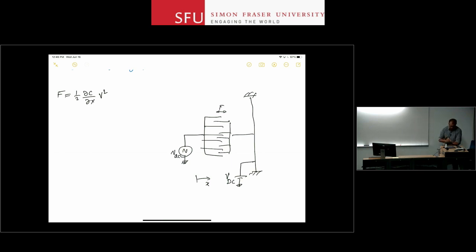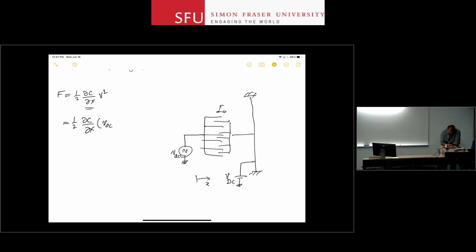Now, dC/dx, well, we have that formula for a comb, right? So it is 2 times the number of fingers times the, let's say, depth, if you want, or height of the electrodes, because the initial engagement doesn't matter, divided by gap. So dC/dx you can calculate. I'm not going to worry about that. Let's see what happens to the V squared part. So I have 1/2 dC/dx times